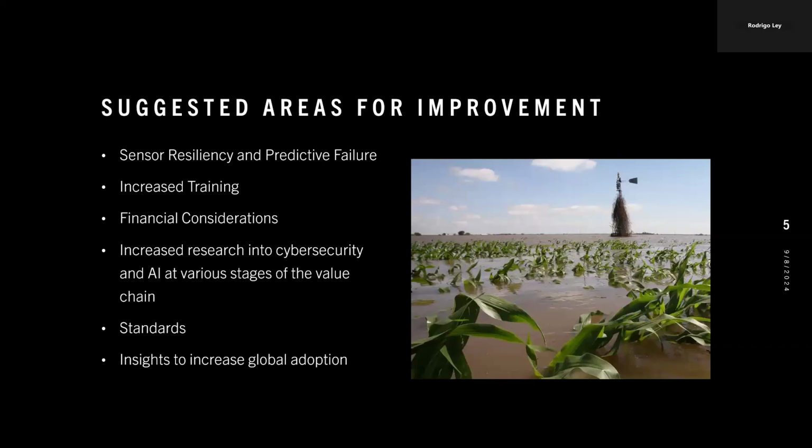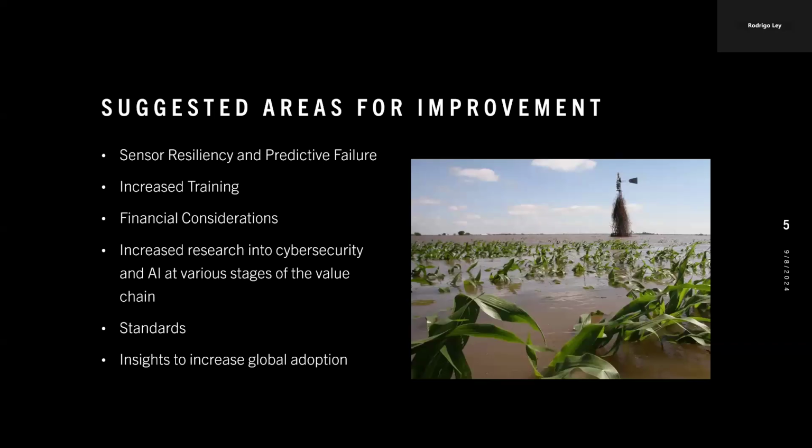And if you combine this with the thought of a country like the U.S., where estimates vary, but there's estimates that around 70% of farm laborers are migrants. Maybe they don't necessarily have the training and experience that is needed for these future technologically advanced farms. So communities and practitioners will need to come together to ensure that the lack of training will be addressed, or else the adoption of IoT will be hindered.